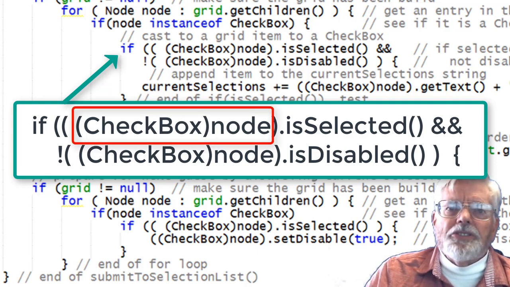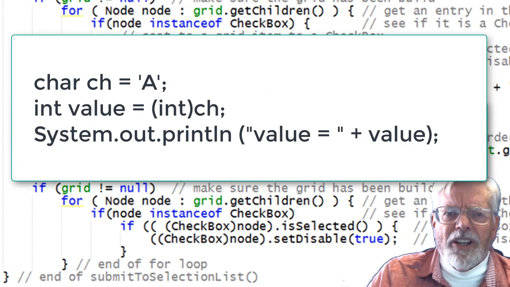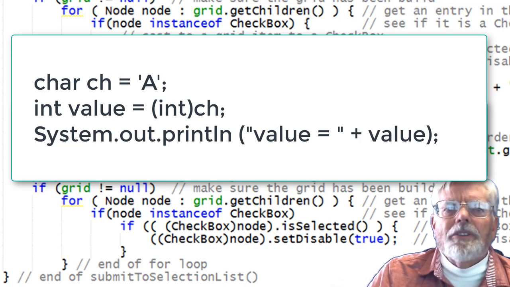The (CheckBox) node is casting node to be treated as a checkbox. This would be similar to casting a character to an integer to see the numeric value of the character. char ch = 'a'; int value = (int) ch;